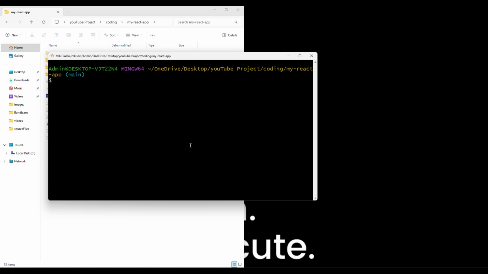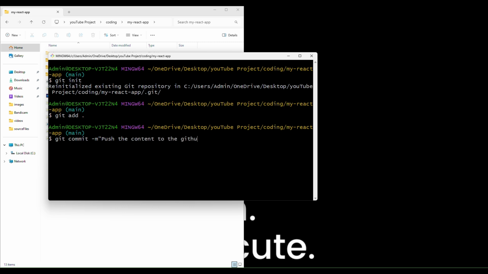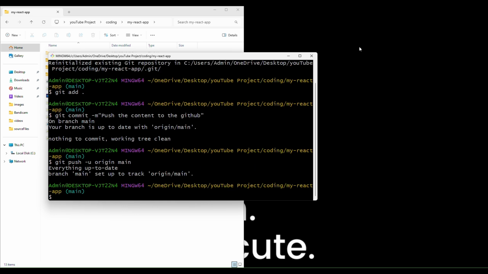You can see here, git init, same way, git add, git commit -m, and then push the content to GitHub, git push -u origin main. Then all things will go from here.